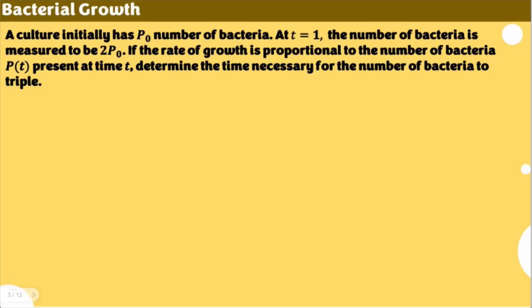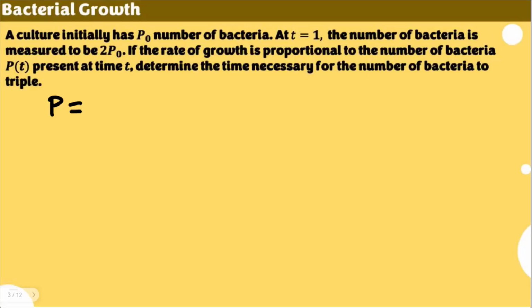Now, unlike the previous example in the previous video where the values are given, this time the values are not necessarily stated, but they're represented by a certain relationship. Let's say, for example, at t sub 1, or at t equal to 1, our number of bacteria is twice your original P sub 0. So what we need to do here is, of course, use this formula. This was the formula that we have developed for population growth, which is also applicable to bacterial growth.